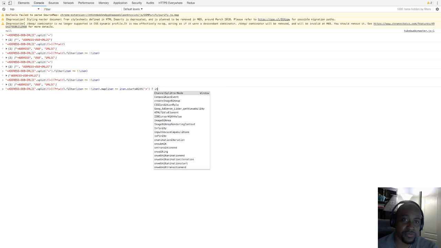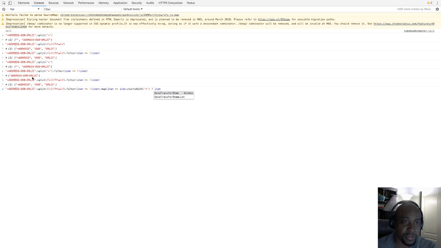So if that's true, return the item, because remember, if it starts with a plus, it's already got the symbol that we want in front of it. So just give me back that item. And then colon says else, or if not, then I want you to take, and this is a template string, I want you to take as a string, take the dash, and then